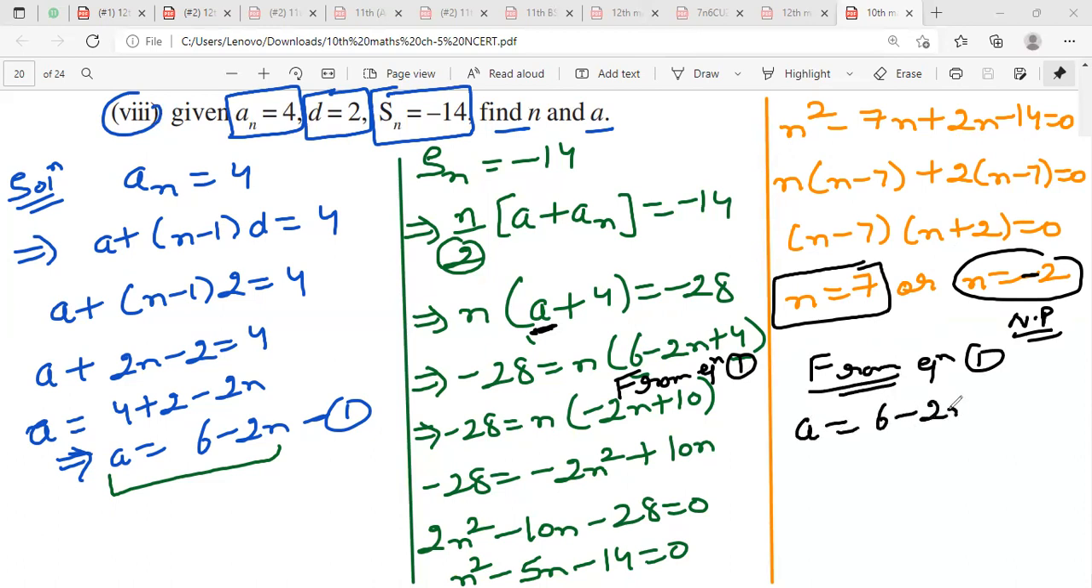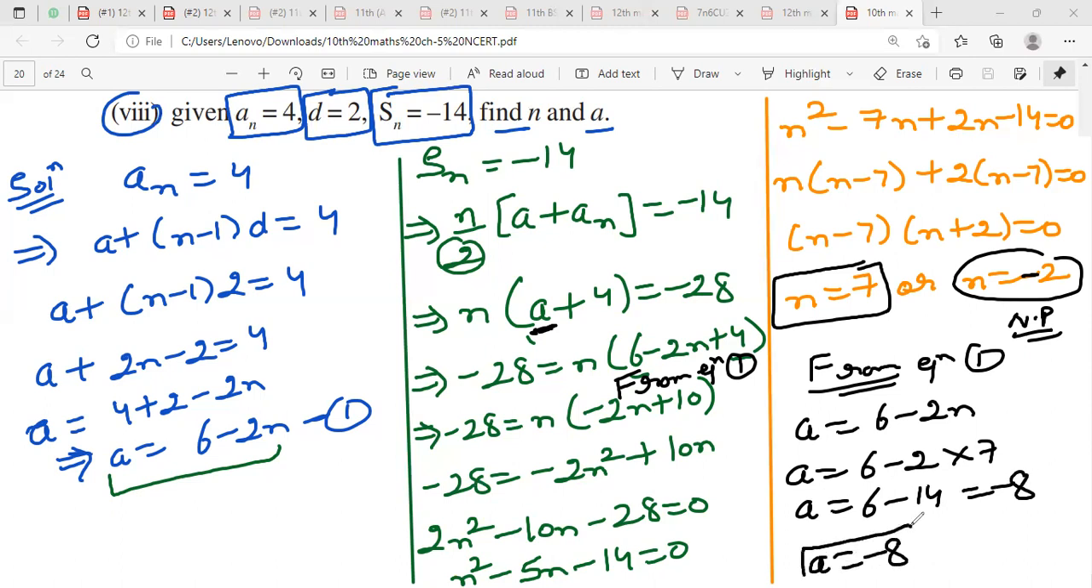6 minus 2n. So 6 minus 2, in place of n we will put 7. So a will be equal to 6 minus 14, that is minus 8. तो वैल्यू ऑफ ए इज इक्वल टू -8. सो ए आपका कितना आ गया -8. वैल्यू ऑफ एन, एन कितना आ गया आपका 7. एंड दिस इज द रिक्वायर्ड आंसर ऑफ दिस क्वेश्चन. ओके,